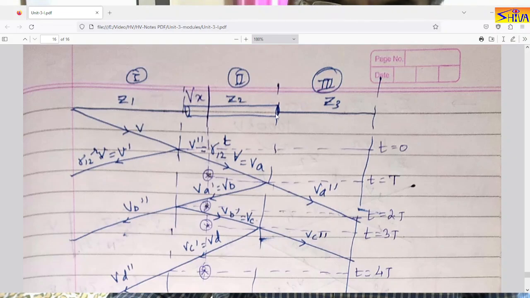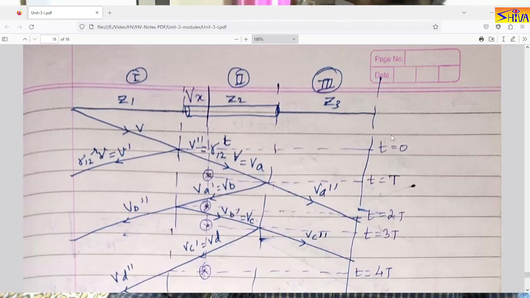So at T is equal to capital T, the voltage will travel the cable distance. So at this point, we mark T is equal to capital T. Then this is the reflected wave. It is crossing the entire length of the cable, so this will also take time capital T. So at this point, it will be time 2T. Then the reflected wave reaches the other end, so it is time T is equal to 3T and so on.